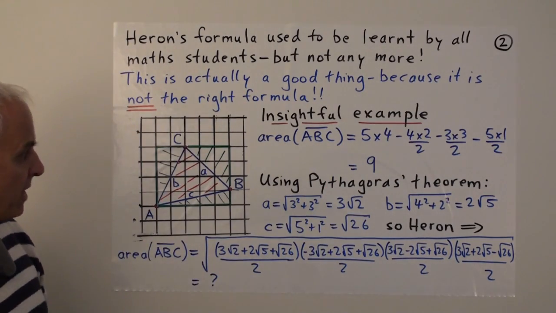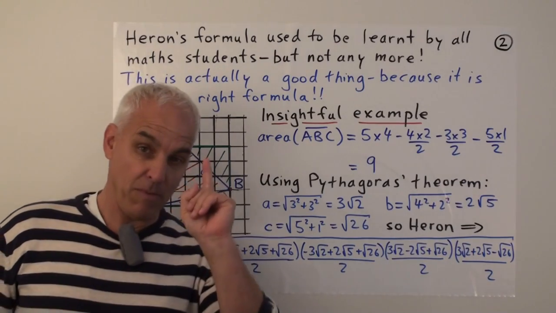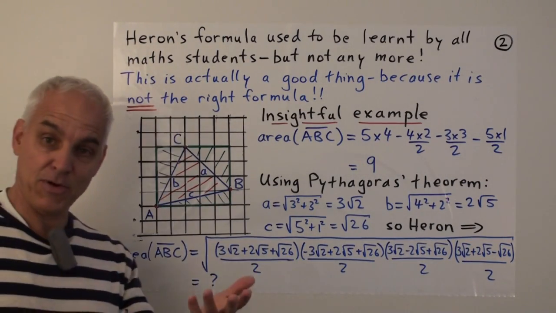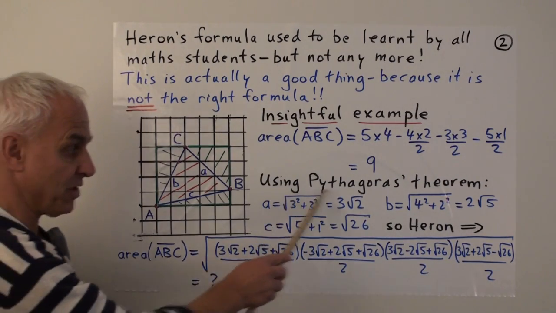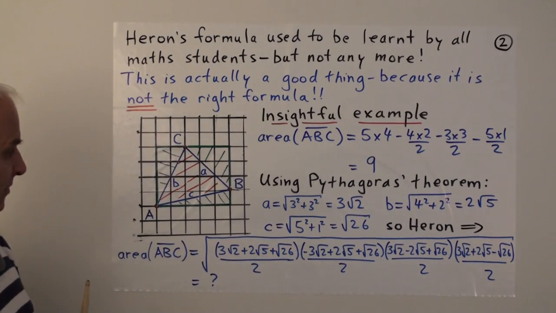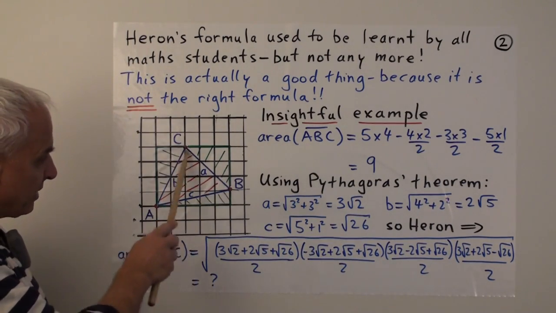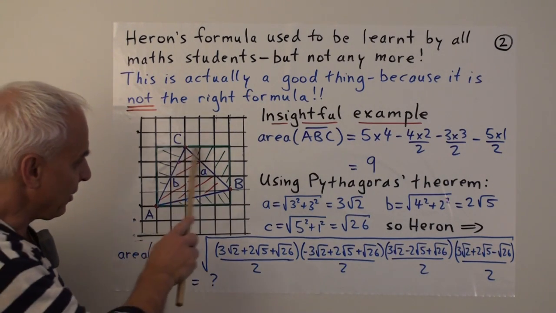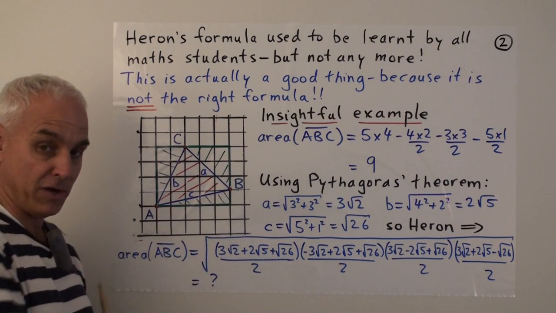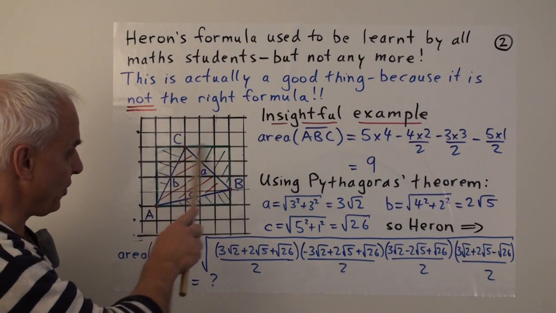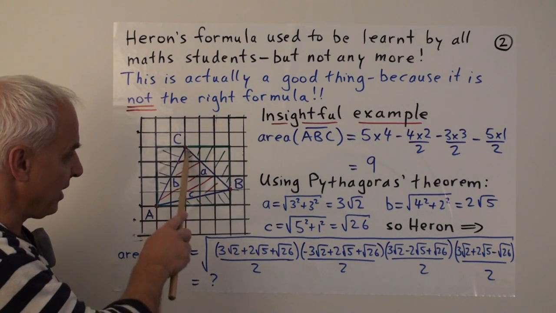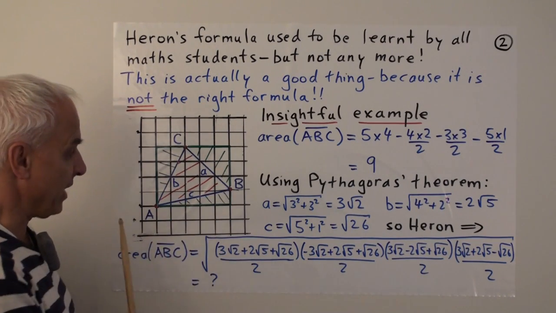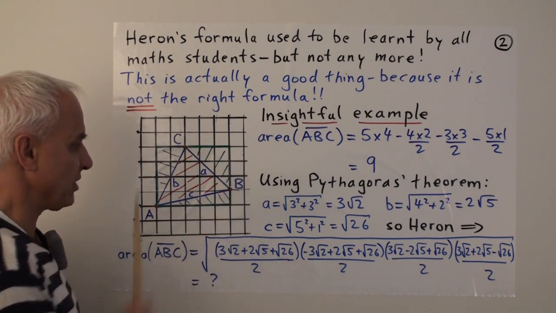Now suppose we have a look at the same problem from the point of view of Heron's formula. So for that we require the side lengths, which are given to us by Pythagoras' theorem. So this side length here, let's call it A because it's opposite to the vertex A. Here it's the hypotenuse of a right triangle. And so this is 3, this is 3. So Pythagoras' theorem will tell us that this length squared equals 3 squared plus 3 squared.